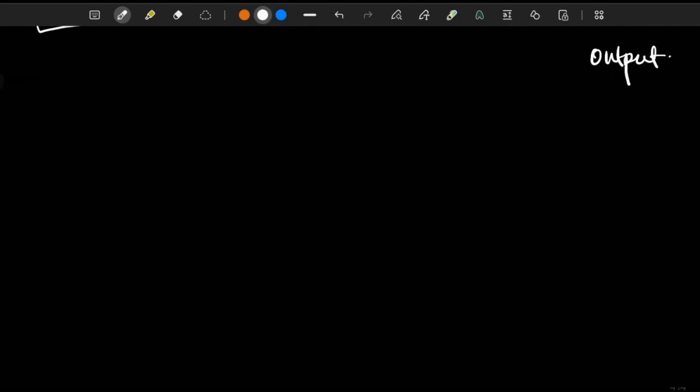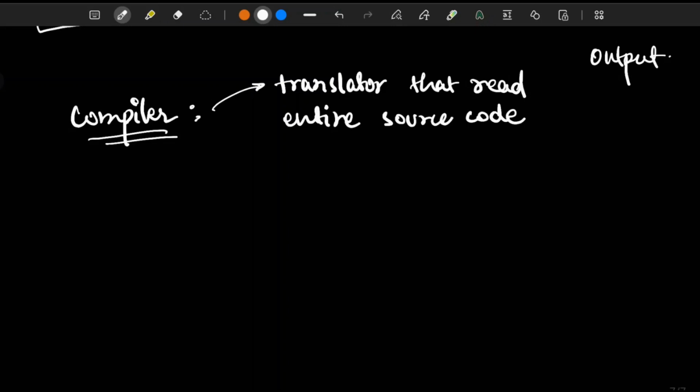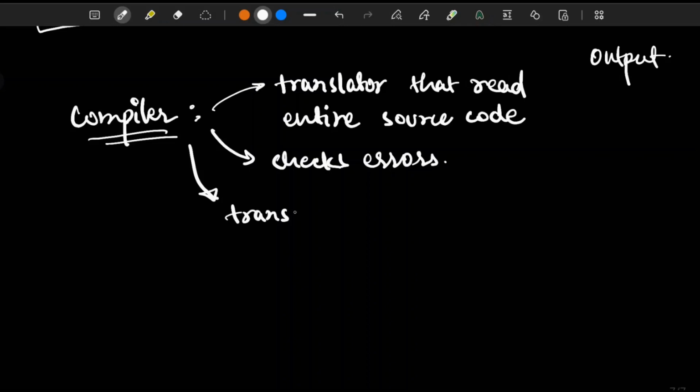So, what is a compiler? A compiler is a translator that reads your entire source code file, checks it for errors, and translates it into a single executable machine code file before the program is ever run. C++ uses a compiler.